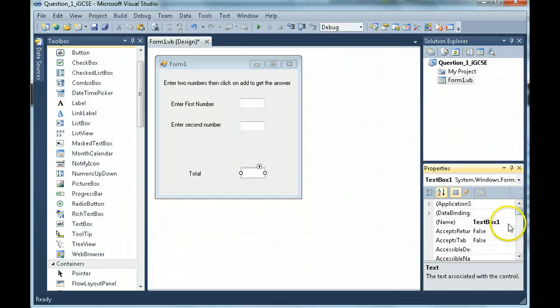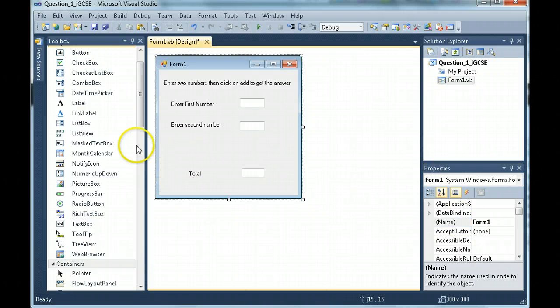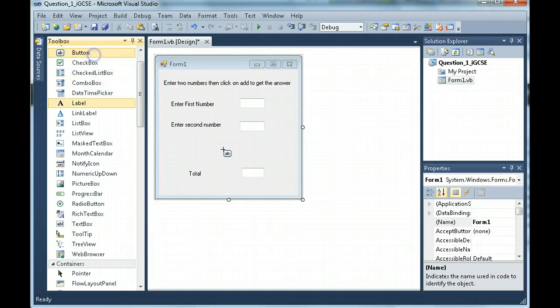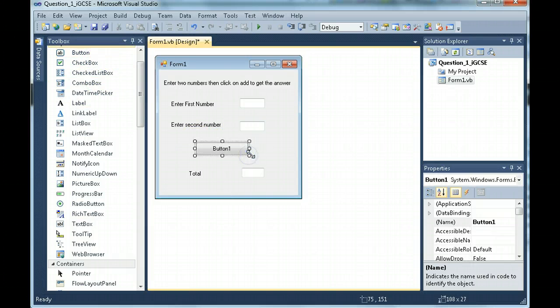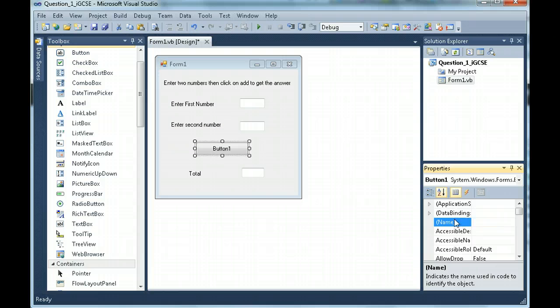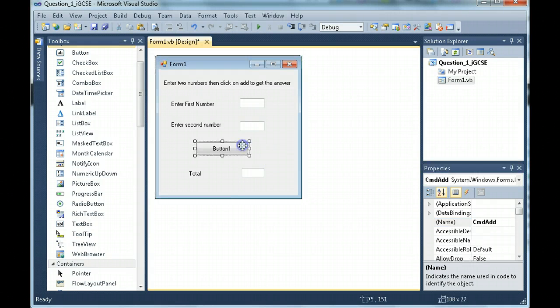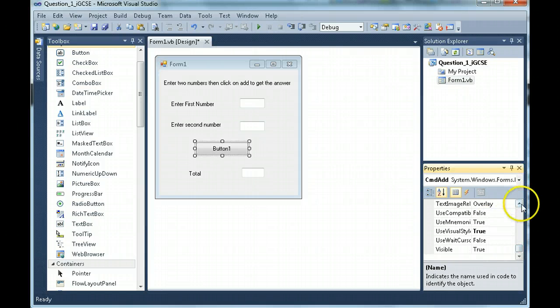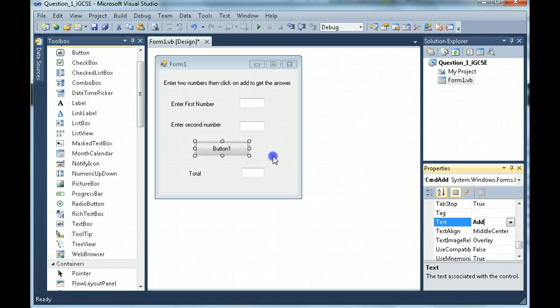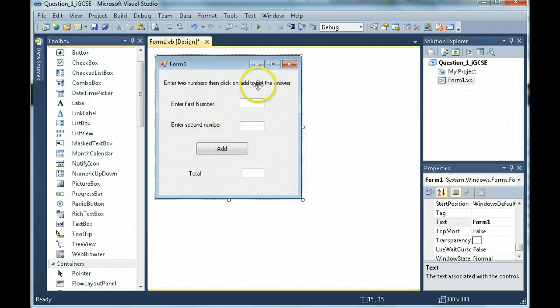The name of this text box is text total out. And the last thing we need to enter here is a command button. So in it goes, a nice command button, which we're going to name cmd add. And I'm going to write on that button, in the text property, add. So there's 1, 2, 3, 4, 5, 6, 7, 8 objects on this form, and we're now going to